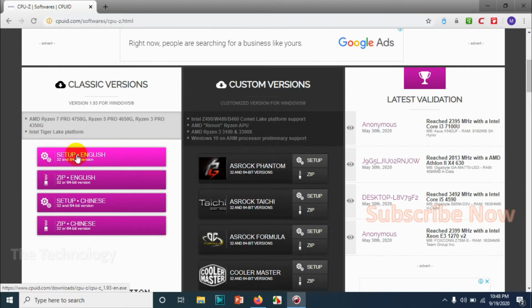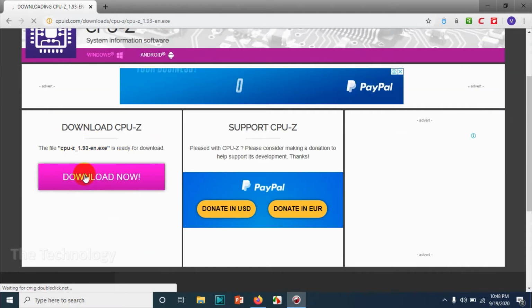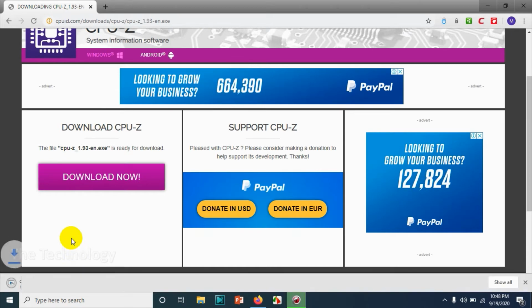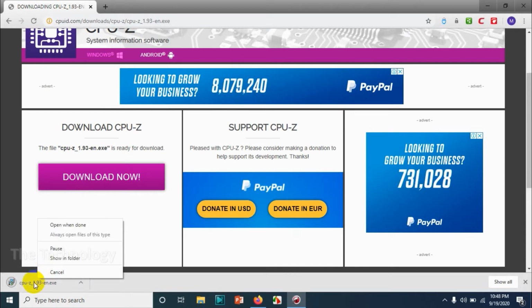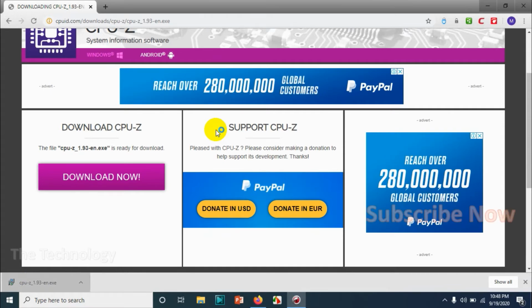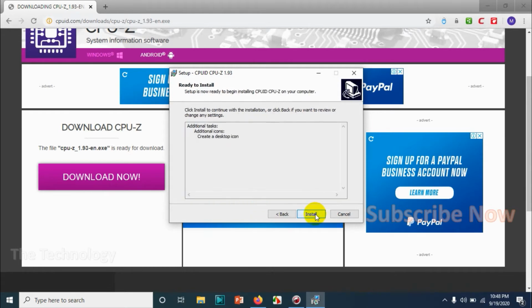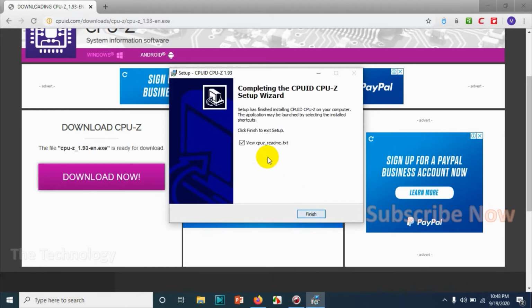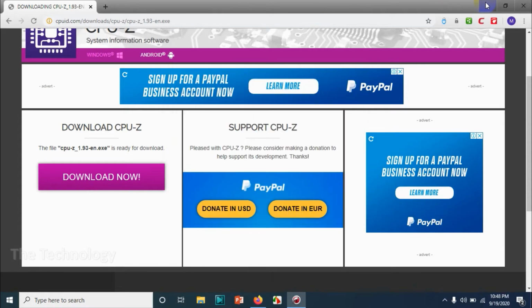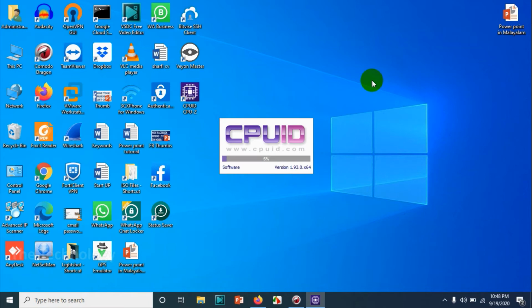There is a setup file in different formats including Chinese, so I'm downloading the normal exe file. Download now. It's a very small file, only 2 MB or something. Accept the agreement. Next, install, and the installation is also very simple. So you can see the icon on the desktop, CPUID. Double click on it,